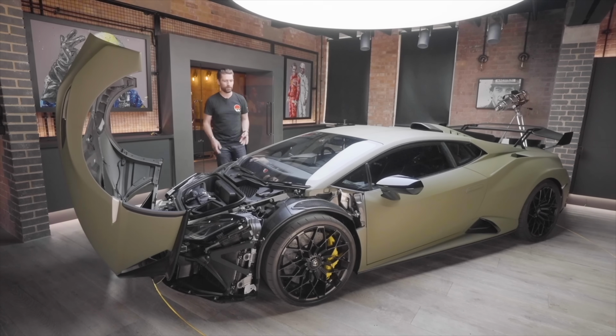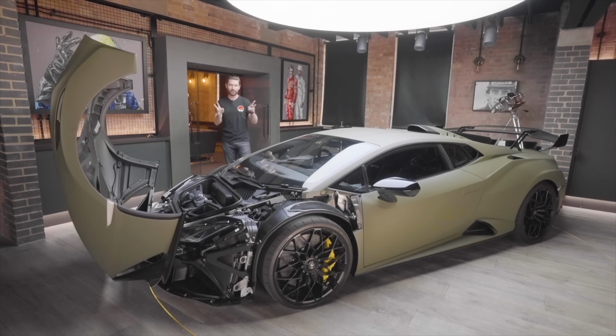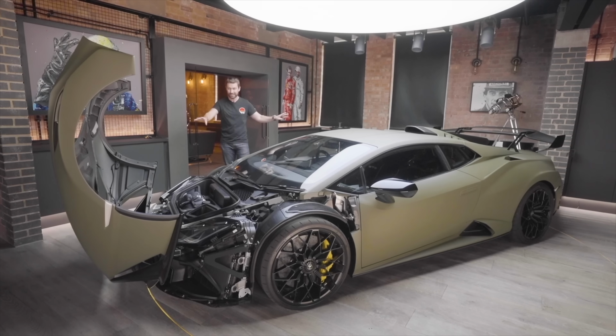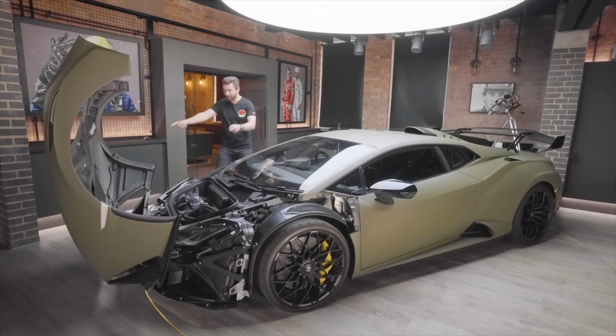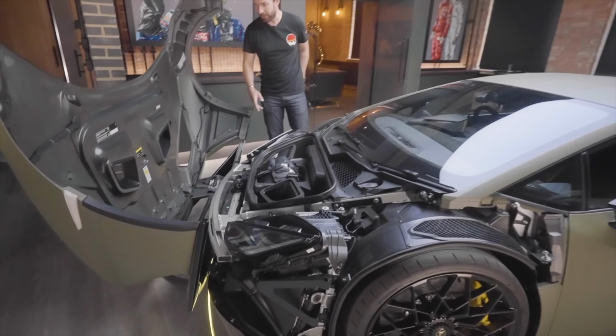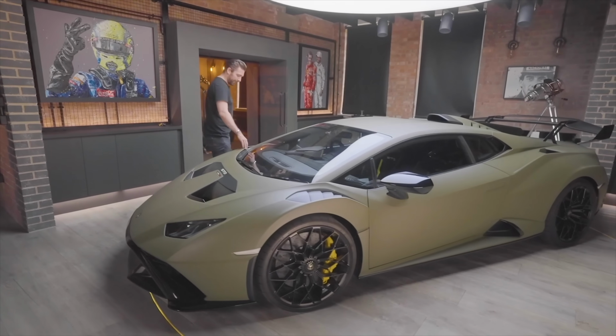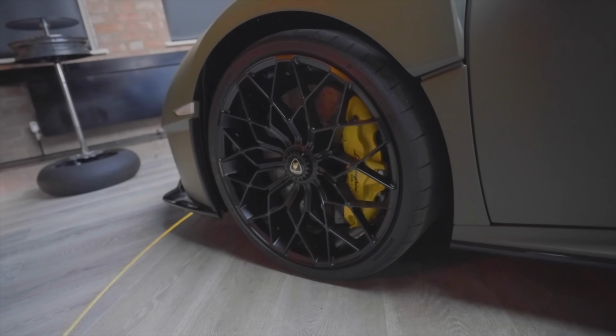The Performante you can think of as that sort of track-biased road car which already had the lightweight treatment applied to it. But this is a completely different game. Look at this clamshell, the whole front end on this, completely carbon fiber. So sticking on the theme of weight saving, not only do we have a carbon clamshell, we have 20-inch lightweight